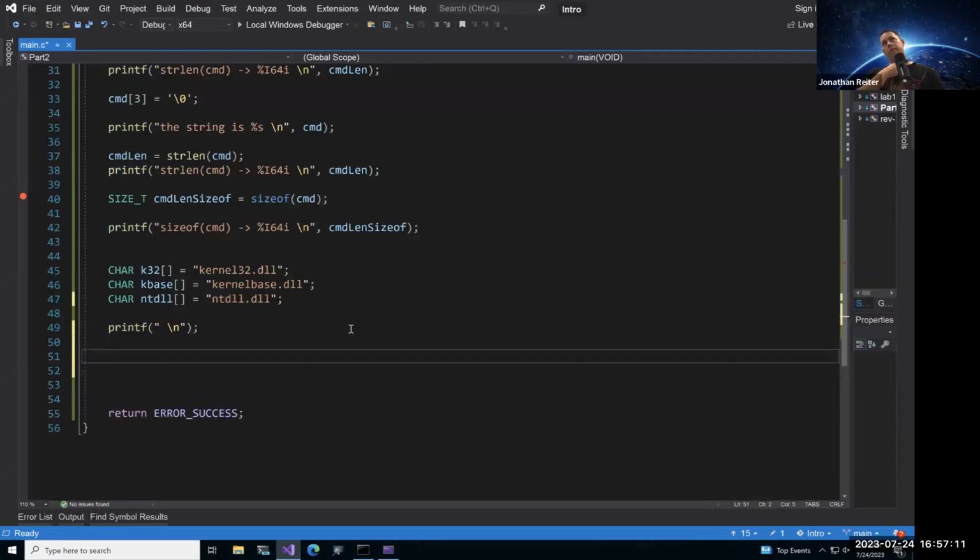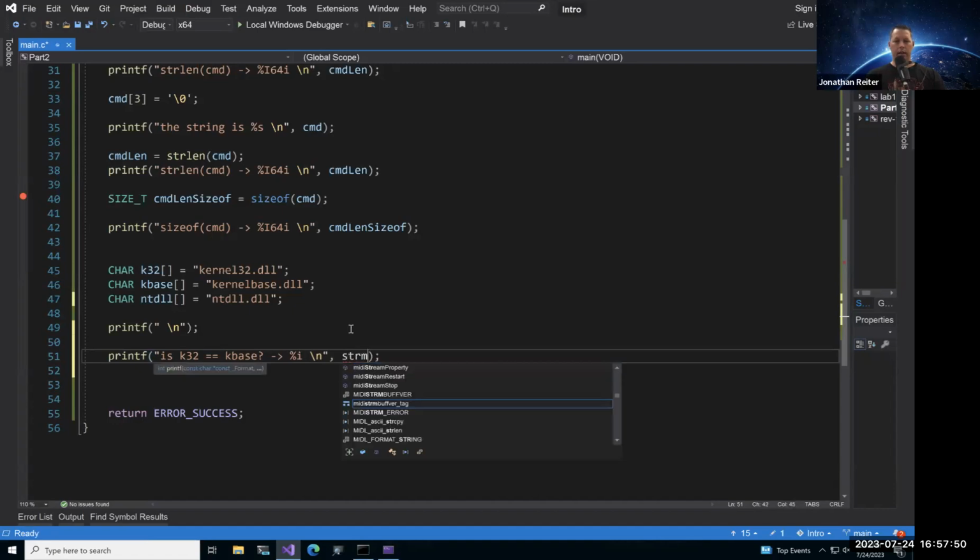I want a printf statement that will show you the result of a string comparison. Let's say, is K32 equal to K base? And we'll return the value here, %i.